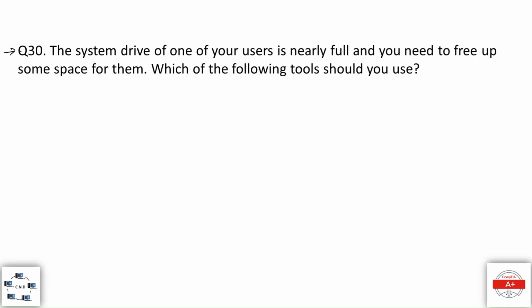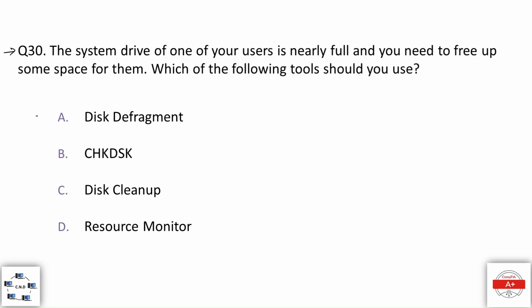Question number 30. The system drive of one of your users is nearly full and you need to free up some space for them. Which of the following tools should you use? The options are: option A, disk defragment; option B, check disk; option C, disk cleanup; and option D, resource monitor. And the correct option is